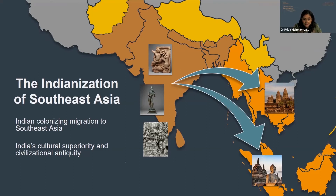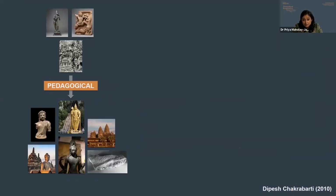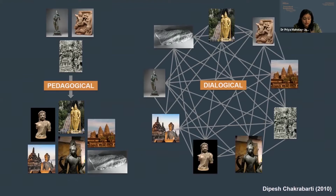This theory of the Indianization of Southeast Asia may be understood through what historian Dipesh Chakrabarty refers to as a pedagogical mode of decolonization, wherein the performance of politics reenacts civilizational or cultural hierarchies between nations. In this case, perhaps, India emphasized her cultural hegemony or her position at the apex of a cultural hierarchy through the 1959 catalogue. But Chakrabarty also discusses an altogether different mode of decolonization, which is less hierarchical and which he